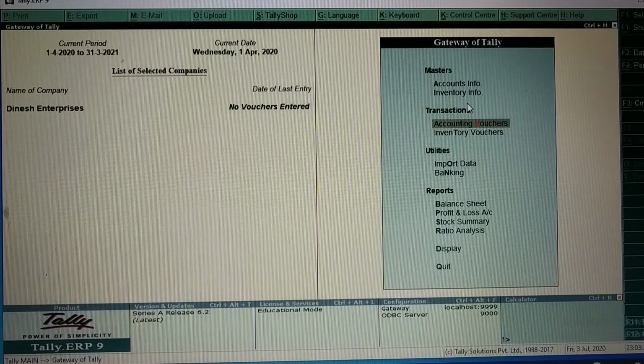In this video, I am going to explain how to enter transactions in a credit note. We are going to learn two ways to enter transactions in a credit note. First one we are going to learn using voucher mode. Next one is using invoice mode. First we will understand why these credit notes are used.